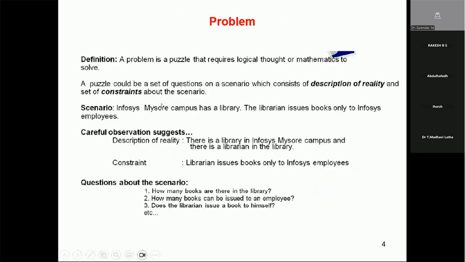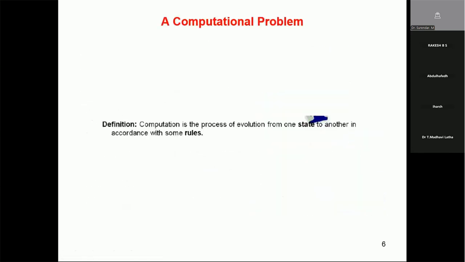Is it fine? So this is how we look at the problem. Majorly in the computer science field, we focus more on the computational problem, where computations evolve from one state to another according to some rules, and the rules we call logic. I hope you agree with this. There are multiple types of problems: a social problem, a management problem, and then a computational problem. And in computer science, we generally deal mostly with computational problems, right?